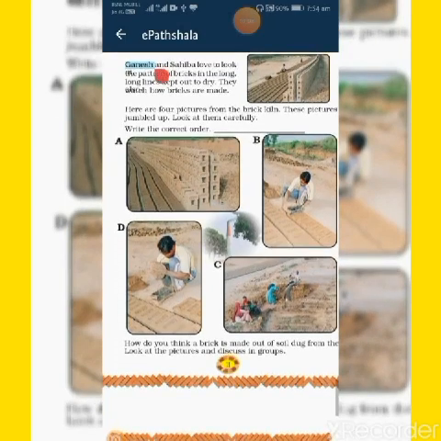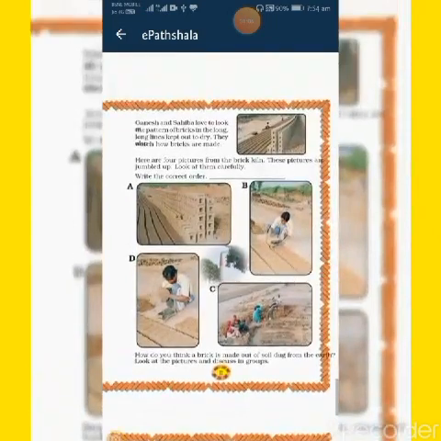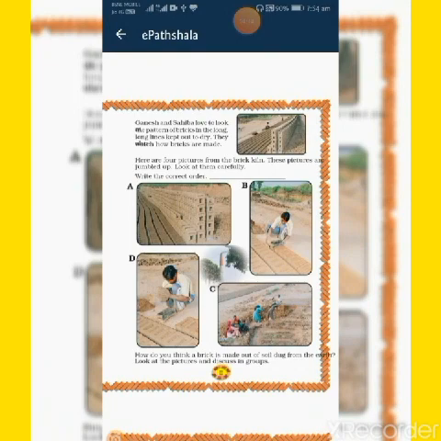Okay, now we just move to this. Here you are seeing some pictures, a diagram, am I right? Actually, you have to guess here. This is a brick kiln. So you have to arrange the patterns. What is the first stage, second, third and fourth, according to the alphabets.